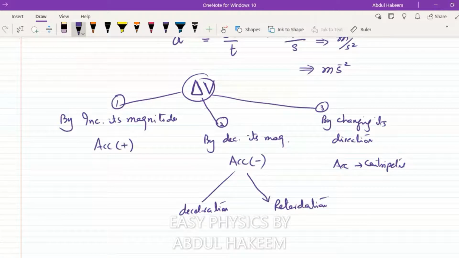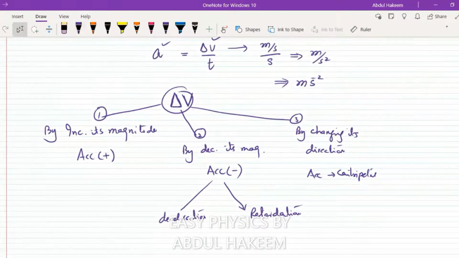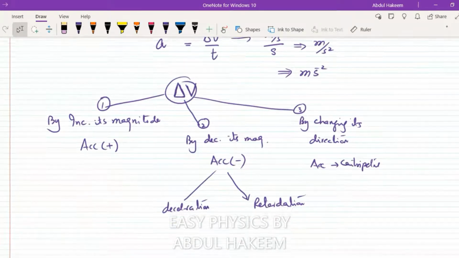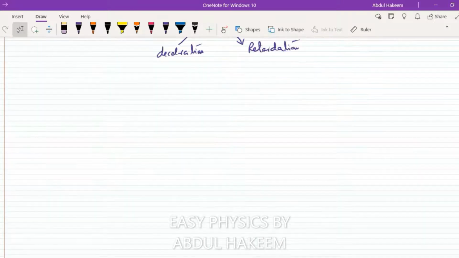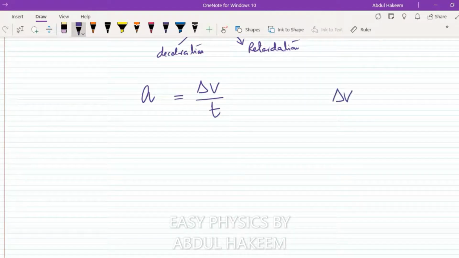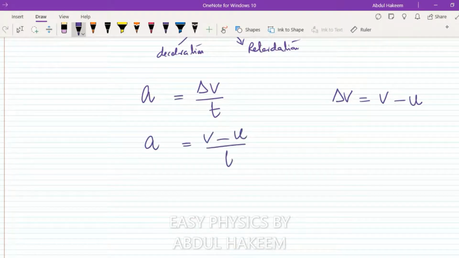So the acceleration is the change of velocity, and the change of velocity happens three ways: increasing magnitude, decreasing magnitude, and changing direction. Now, the formula, the last one: acceleration is equal to the change in velocity divided by time. The change of velocity can be written as final velocity minus initial velocity. So a is equal to (v minus u) divided by t,